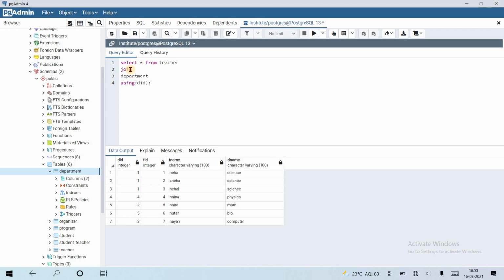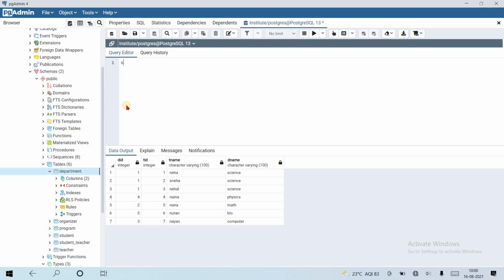We can connect more than 2 tables. Let's see how. Suppose we want to connect the department, teacher and program tables. We have seen an example in the previous tutorial.